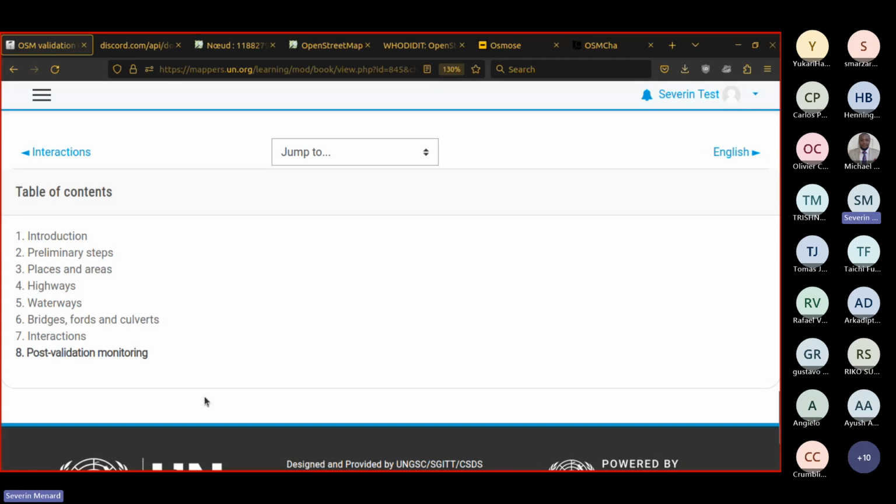Okay, so the tasking manager, once it's set and when everything has been mapped, doesn't serve anymore. It served, I would say, for the first level of validation, then you can process everything to check. When I validated, for example, for HOT activations back in the past, I was part of the validation team.